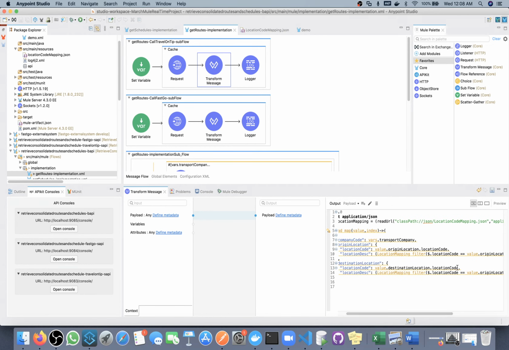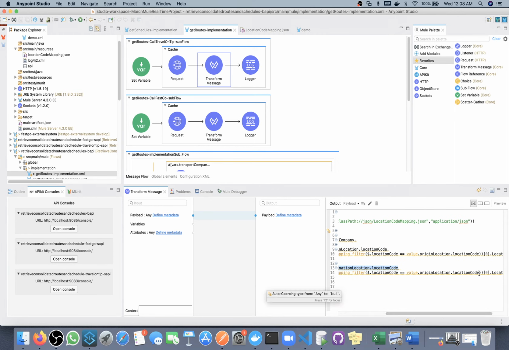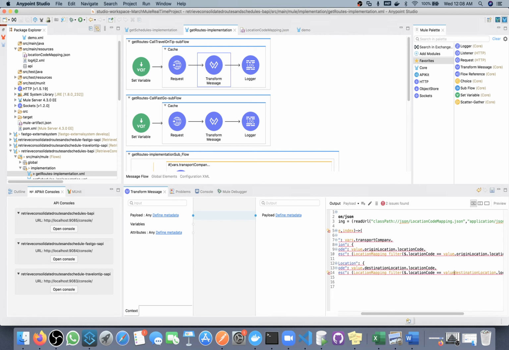So here the only thing that will change is we will match this filter with, okay, value dot destination location code.